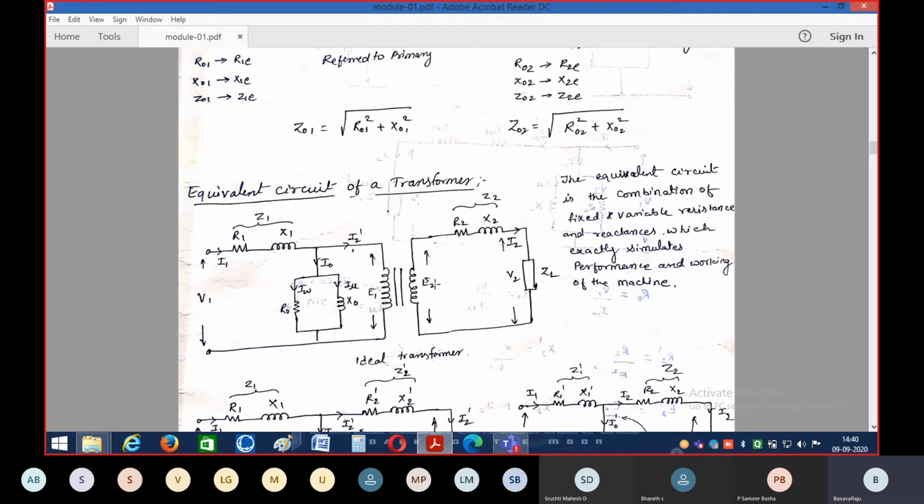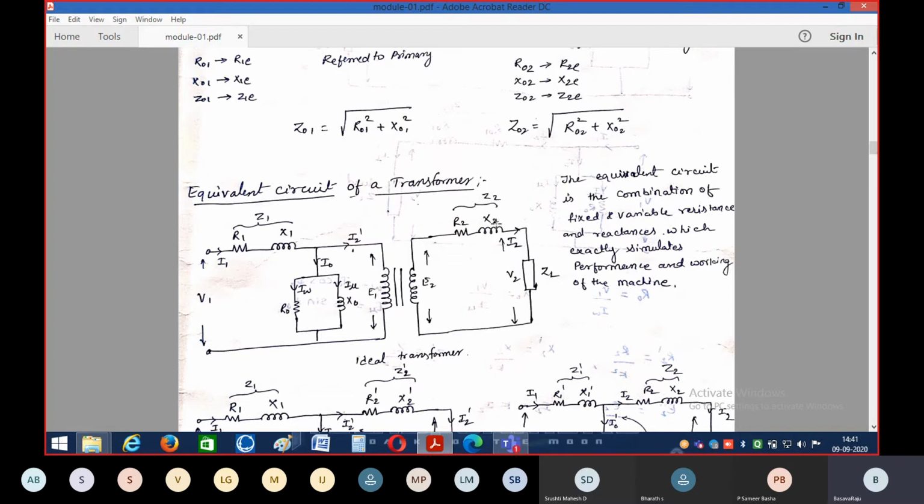And this is the secondary induced voltage E2. This is the primary induced voltage E1. The voltage induced across the primary winding is E1. The voltage induced across the secondary winding is called E2. Now, whenever we connect the load, it draws current, and the current flowing through the load is equal to I2. The voltage across the load is equal to V2. The secondary winding resistance is R2. The reactance of the secondary is called X2.